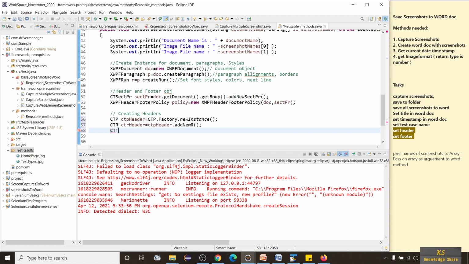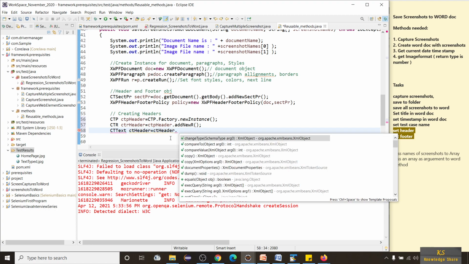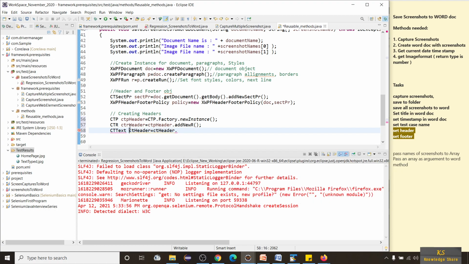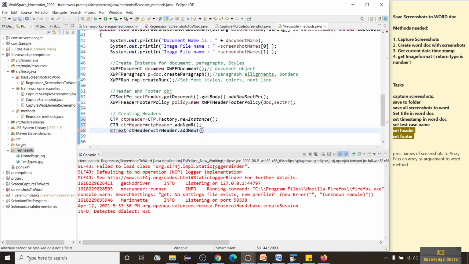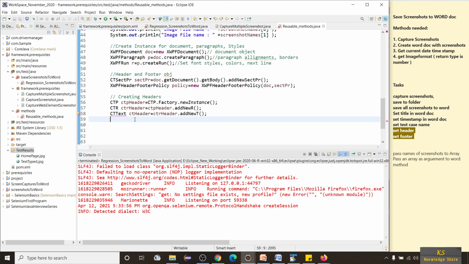And one more thing is we have to set the text also, CTText, and I'll call it CT header, is equal to CTR header.addNewT. So the objects are created successfully.